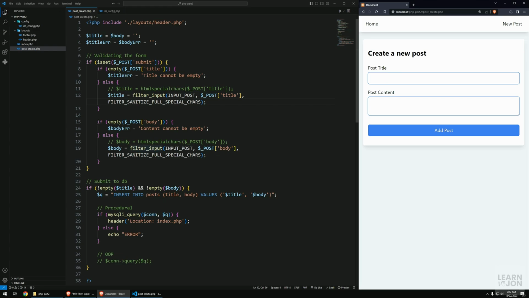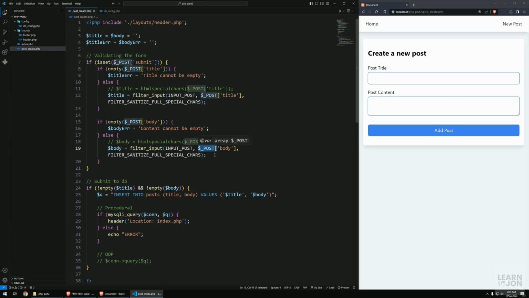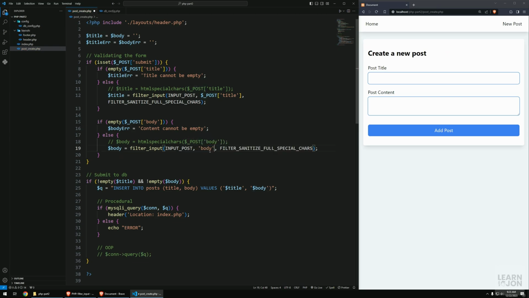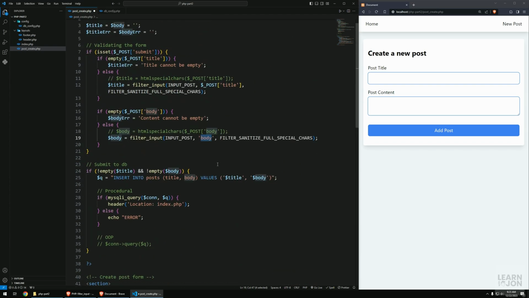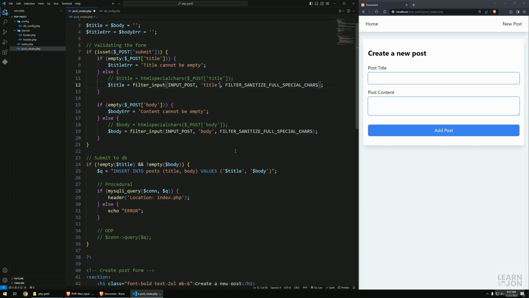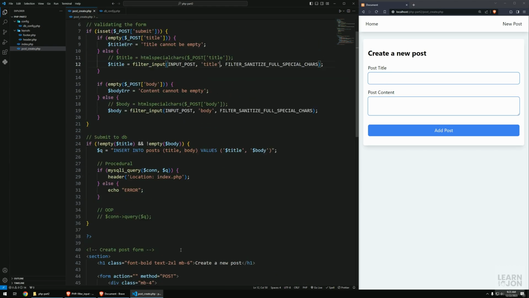I'm sorry. When we use the filter input, we don't have to use the superglobal and pass the key here. We actually just have to pass the name of our input, which is the body in this case, and the title. So the name of our input here, this should work. By the way, we are still not using the action, but it works because it is submitting to the same page by default. Let's give it a refresh and say third post and just add something here, add, and now